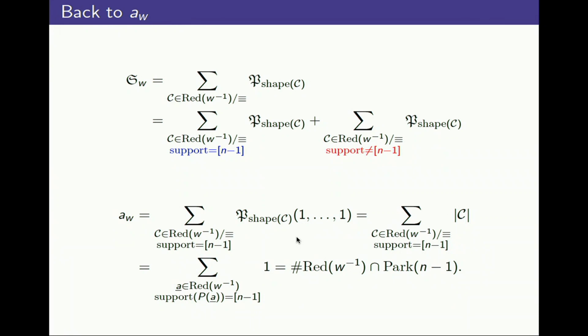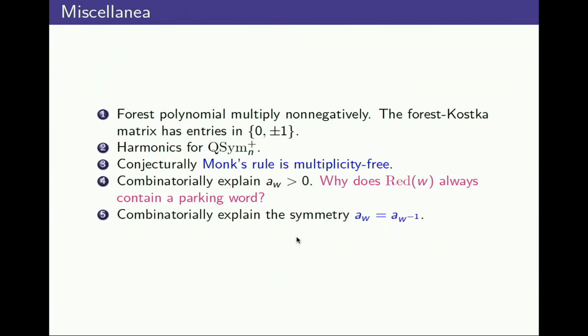Right, so let me see. I don't want to take time. I just want to tell you some things that we can do and some things we wish we could do. So what else do we have? We can multiply these non-negatively. Sort of motivates looking for some geometric explanation. I don't have one. I can actually tell you how to expand monomials into forest polynomials. Turns out the coefficients are all 0, 1s, and -1s. We have what would be called harmonics for the ideal of quasisymmetric polynomials. These turn out to be volume polynomials for certain cubes in a subdivision of the permutahedron. So those are things we can do.